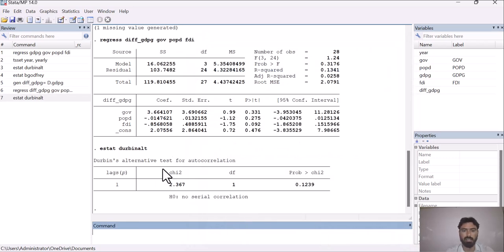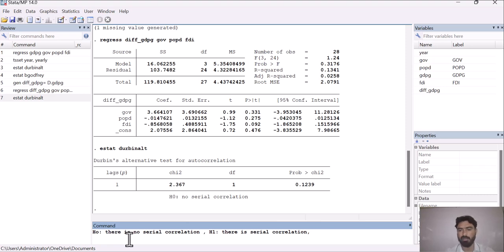So here you can see that H naught is that there is no serial correlation, and the alternative hypothesis is that there is serial correlation.